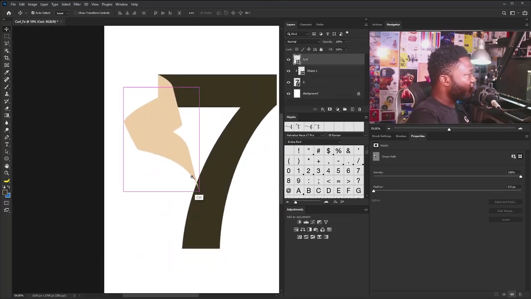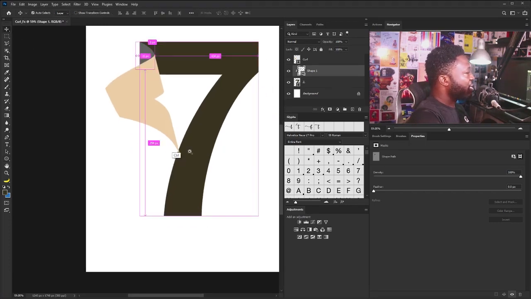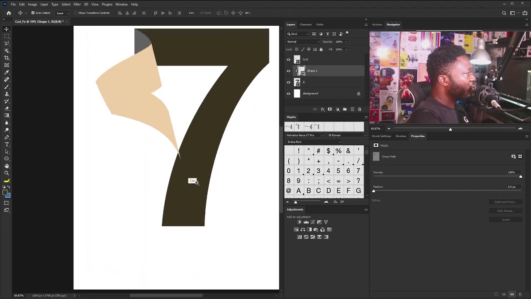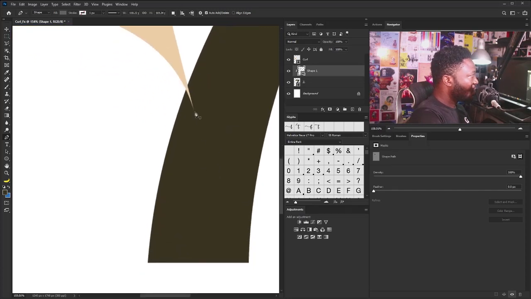Okay, so let's just change the color so as to be able to see if we're actually doing the right thing. Okay, so we have this, and we need to do the same thing here. So I'm just going to zoom in and I'll click here,